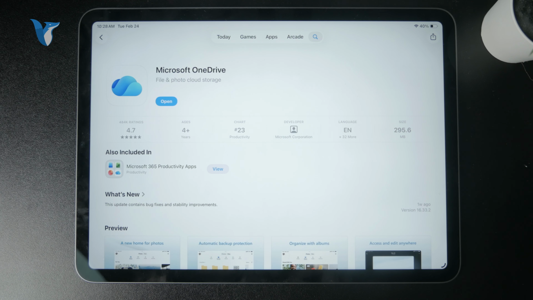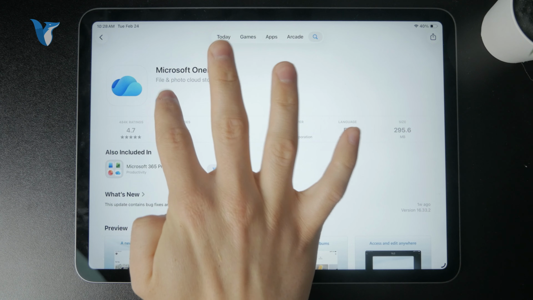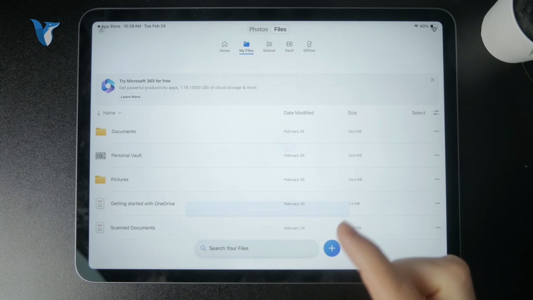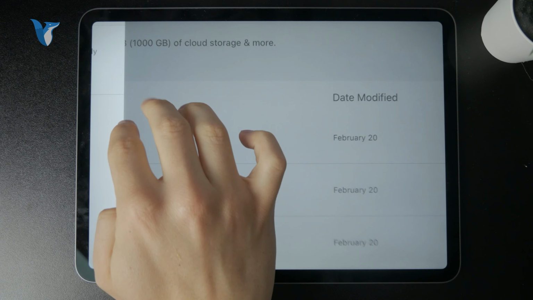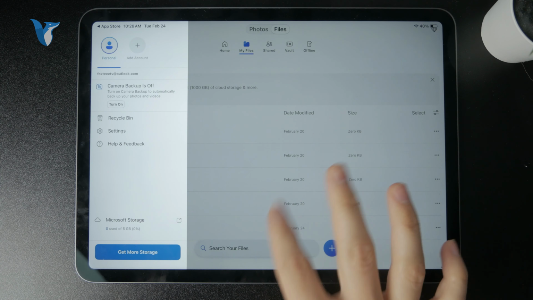So the syncing should happen automatically, so you make sure that you have a proper internet connection either through Wi-Fi or mobile data, but you want to have it set up so it can actually access the internet and be resynced. If you are using OneDrive as part of the Apple Files app, as I mentioned at the beginning,